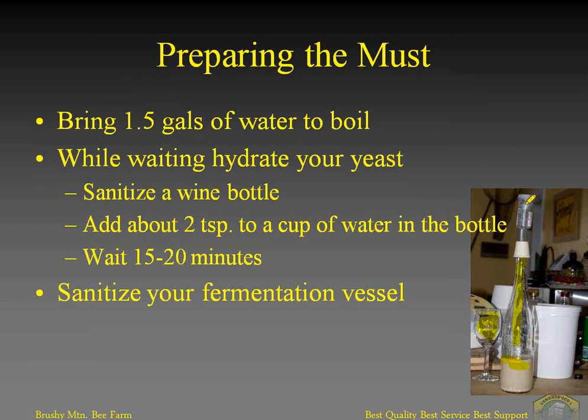And I've got an airlock on it just to keep it clean, so I don't have dust falling down in there and bacteria falling down in there. And this airlock, all it does is, the bubbles will come up. It'll sort of go up over a little lip and they have to sort of perk through some water to get out. So that perking through the water prevents stuff from going back down into the bottle. So I just use a sanitized wine bottle to do this. And it takes about 15 to 20 minutes to get to the stage where you start to see stuff foaming up. The yeast are good and